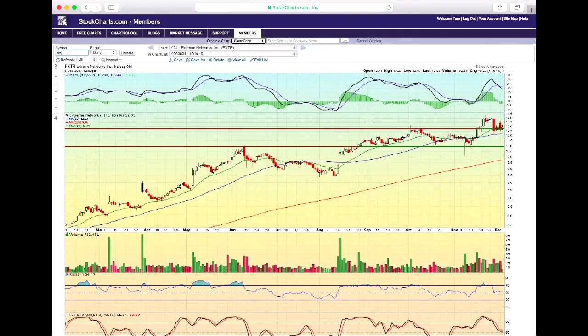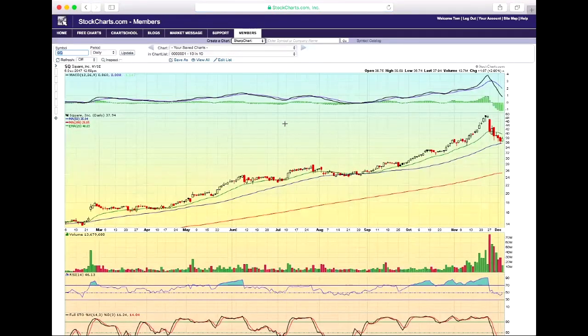Square, SQ. Yeah, Square. I'm watching this one. This also beat earnings. I don't remember if it was on this candle here, maybe one of these where it was gapping up. But this is kind of similar to what we talked about with IPGP. When the stock starts to turn parabolic like this, and then all of a sudden the selling comes in, when you buy at 50 and you see the stock at 41 and change the next day,